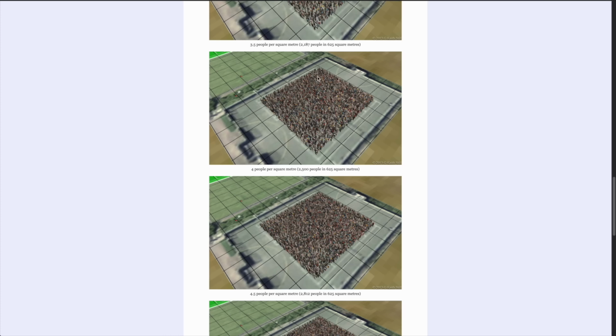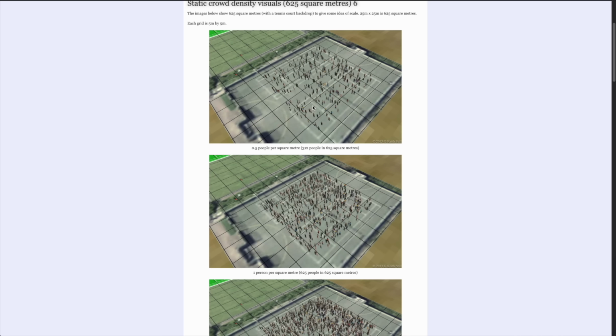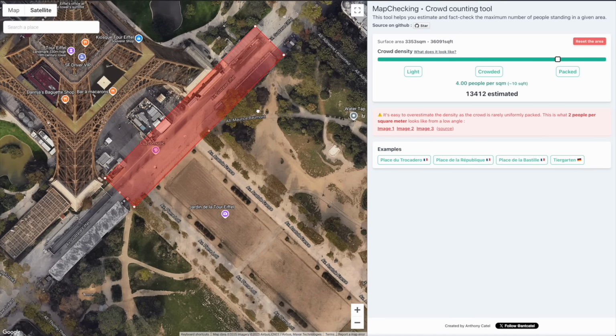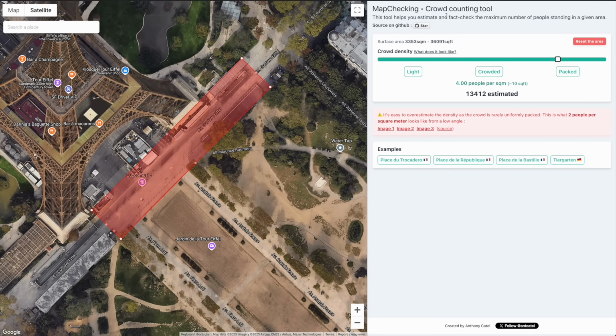So if you saw a photo that looked like that in comparison to perhaps a photo of 0.5 people per square meter, quite spaced out, you'd see very, very different results in numbers, right? Look at that. And so this is a very, very useful tool just to do a little bit of fact checking, especially where we often see it mentioned in news outlets or by bloggers or video loggers when they're walking through a protest saying there's millions of people or hundreds of thousands. You can easily fact check that just by identifying the area,